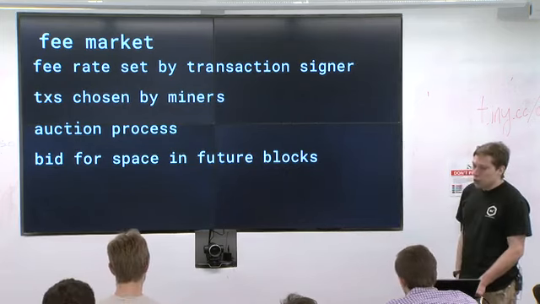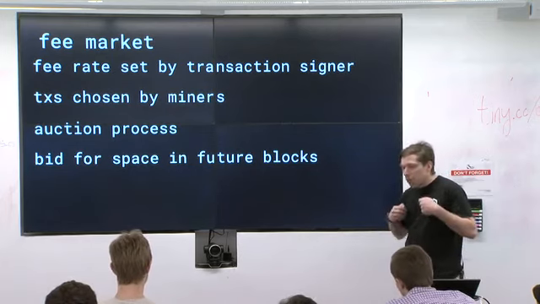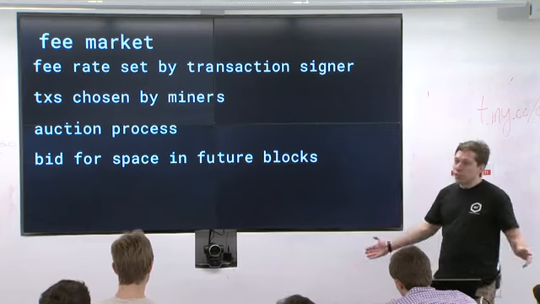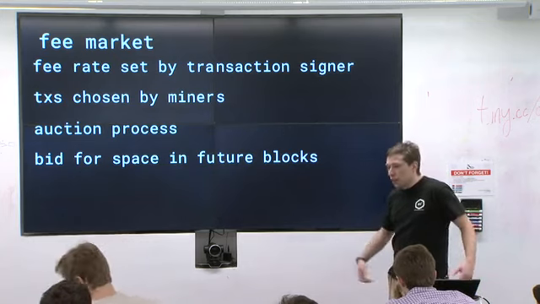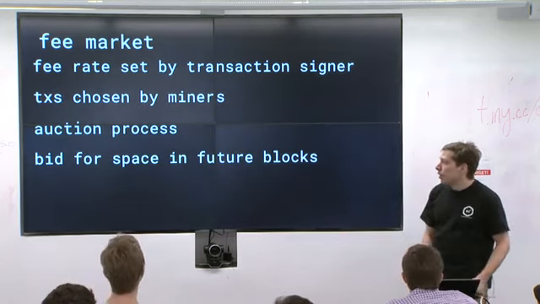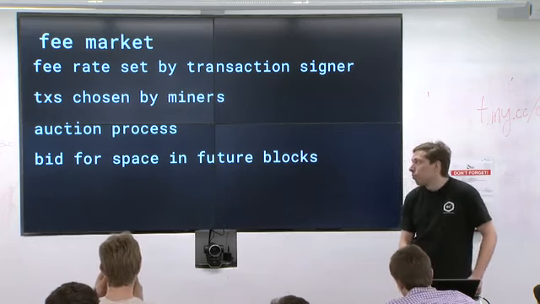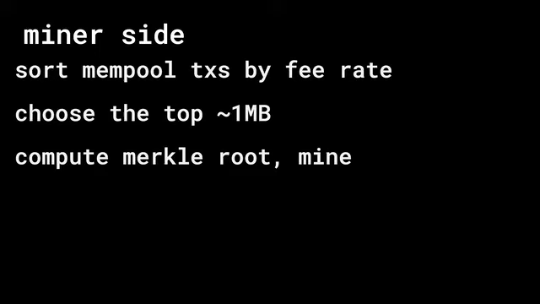The transactions, however, are chosen by the miners. So the idea is you create your transaction, set your fee, throw it out there. Everyone broadcasts it to everyone else. And the miner then looks at all these fees, looks at all these transactions and chooses the best ones. It's essentially an auction process where you're bidding for space in a future block that has not yet been created. So the simplest miner side algorithm is take the mempool, sort the mempool transactions by their fee rate, choose the top megabyte,